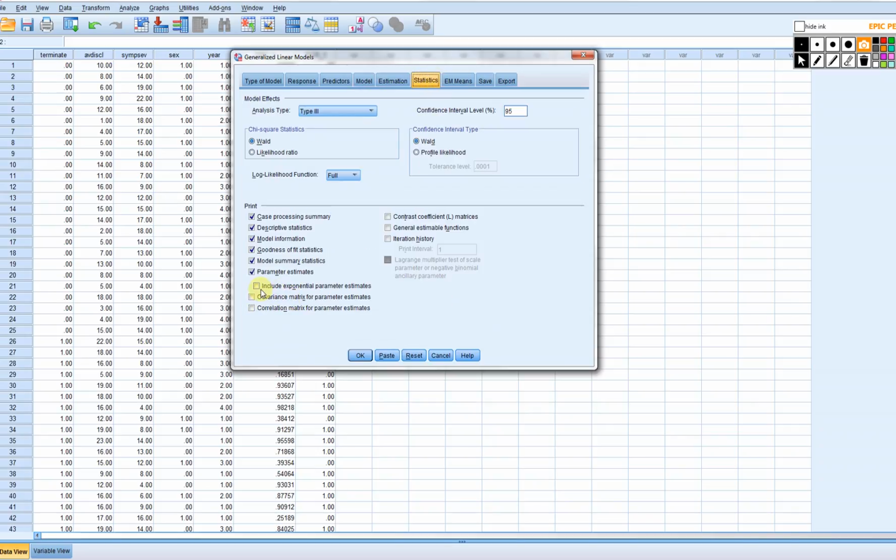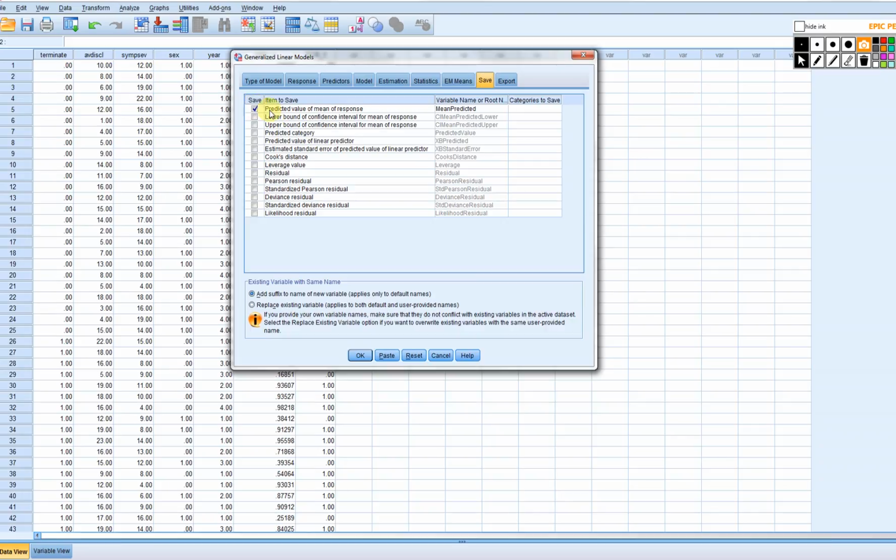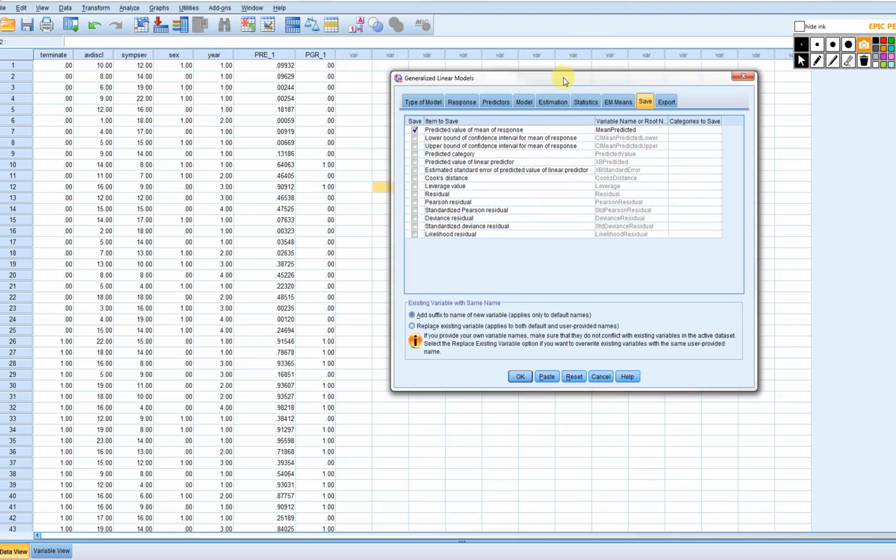Under statistics, I'll click include exponential parameter estimates, which will get me the odds ratios that we talked about in the previous videos. Under save, you have predicted value of mean of response, and that will literally get me the probability of falling into group 1. So this will give us the same thing that we generated through the other route. The predicted category will also be the same as the predicted group that we asked for through the other binary logistic regression route. And then the predicted value of the linear predictor,